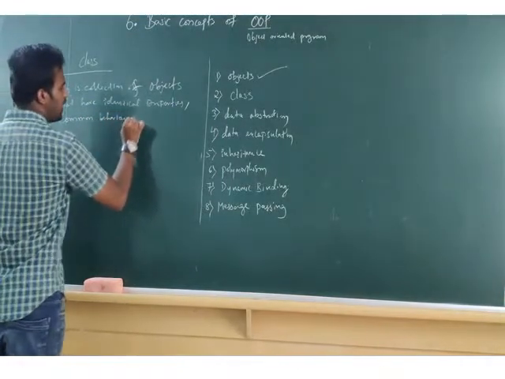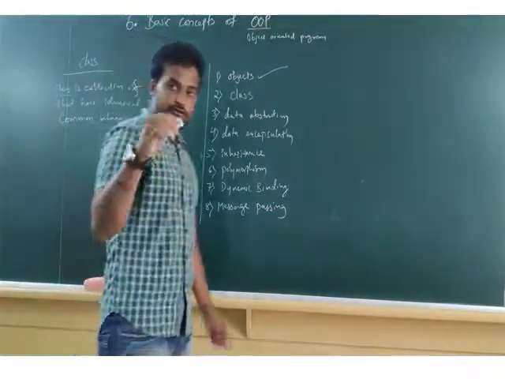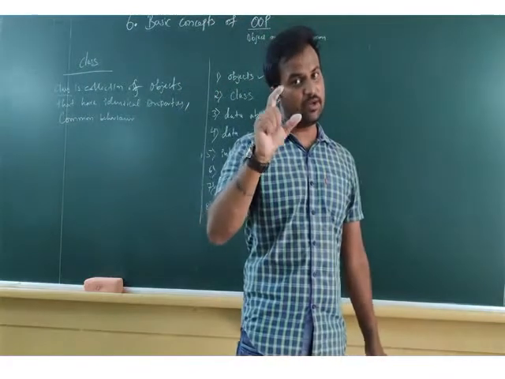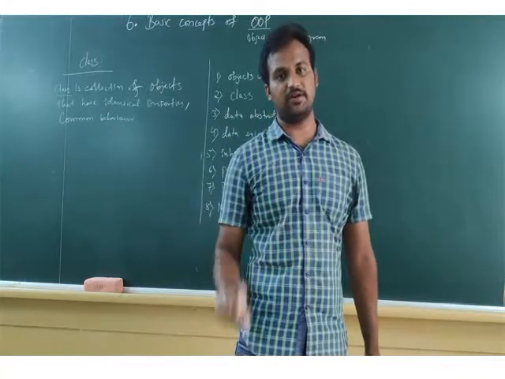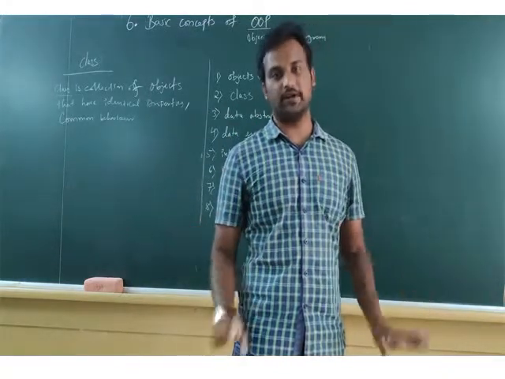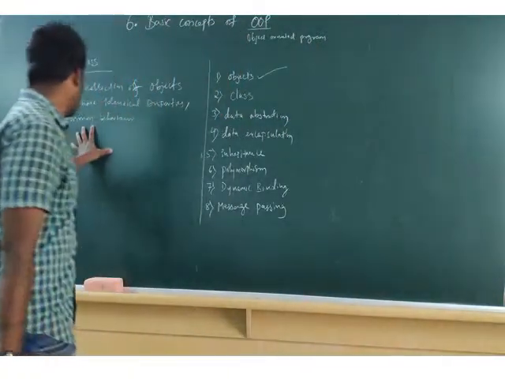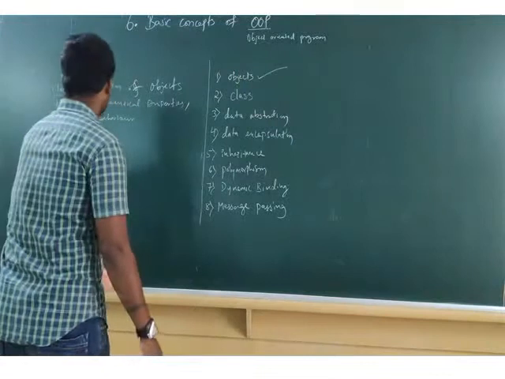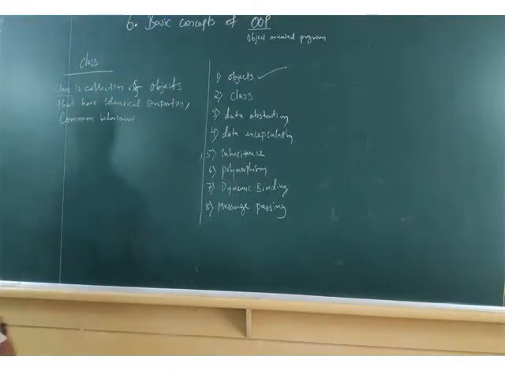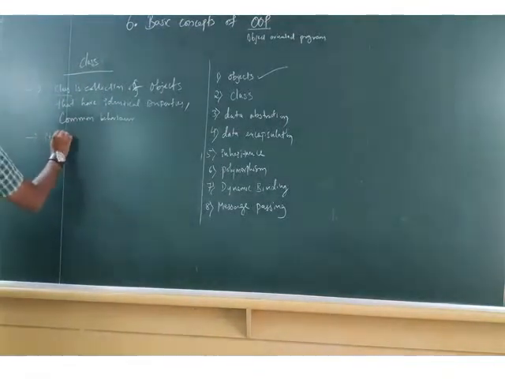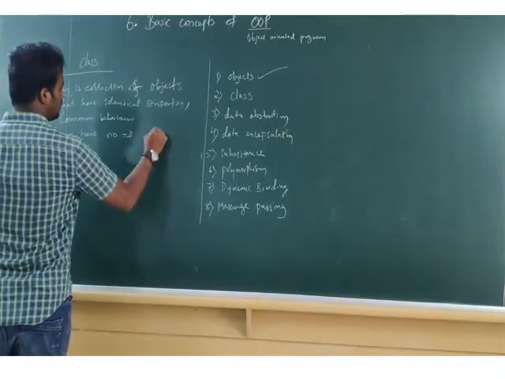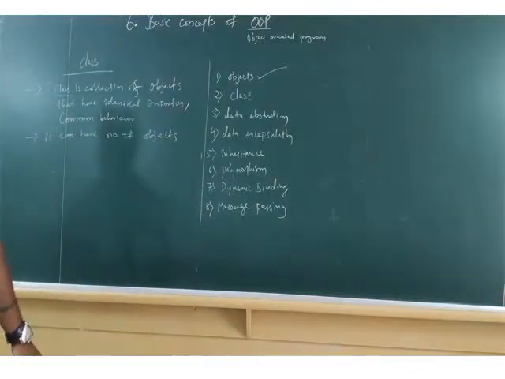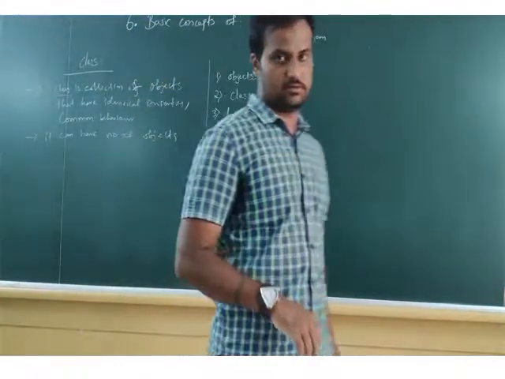Common behavior means, as I told you, fruit. Fruit is a class, whereas the common behavior of fruits are orange, pineapple, apple, mango. What it does is the work of fruit only, commonly. This is the first point for a class. Next, it can have a number of objects. So, one class can have many objects.